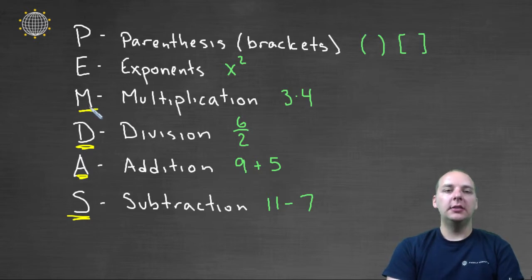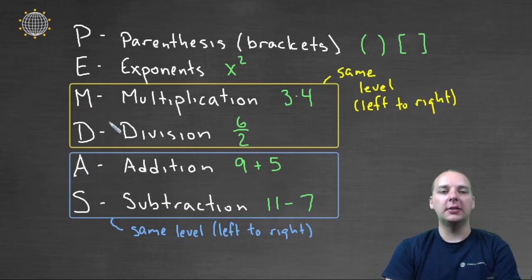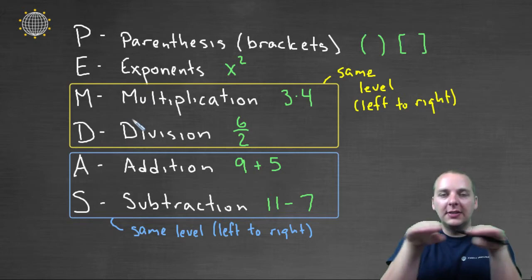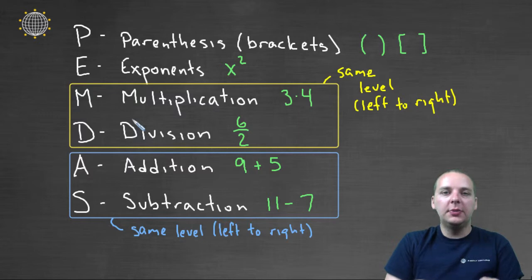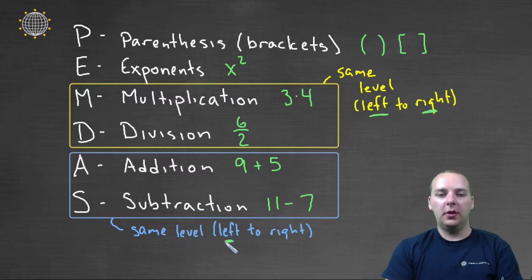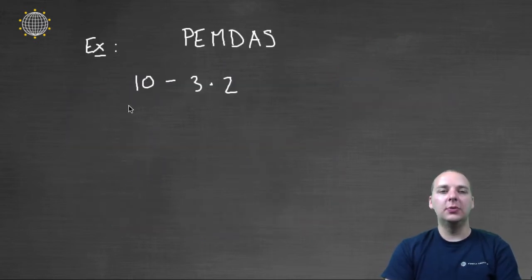Just because multiplication is listed before division and addition is listed before subtraction, that doesn't mean that multiplication takes precedence over division or addition takes precedence over subtraction. See, these last 4 we have to be careful. Multiplication and division are actually on the same level, and so are addition and subtraction. So if you see only these operations available, we'll simply do them from left to right. And that's the case with both of these. And so this again helps us eliminate how many parentheses we have.